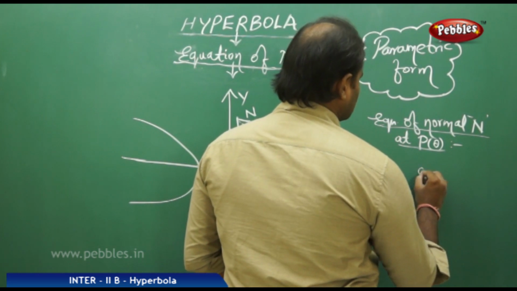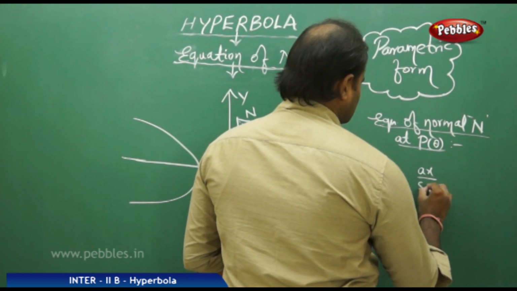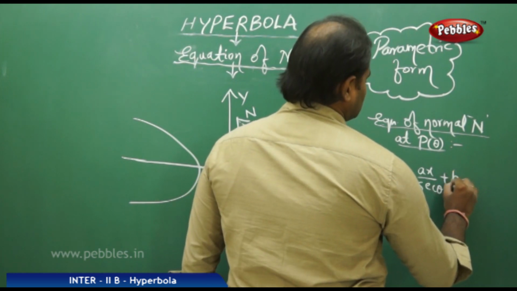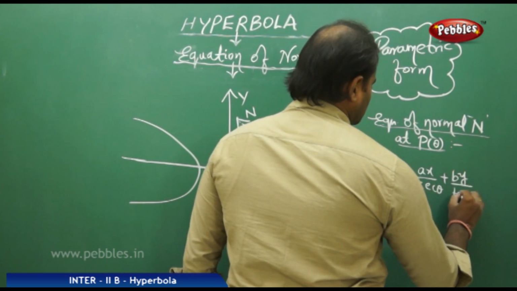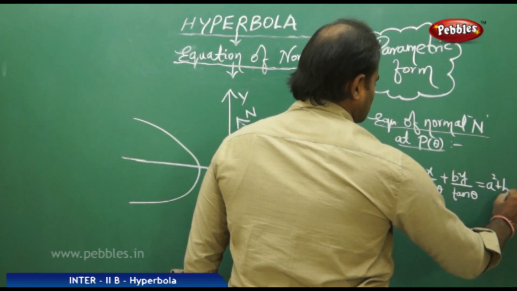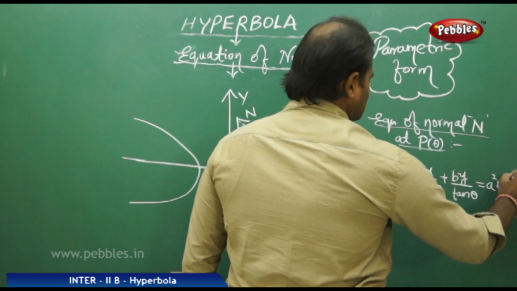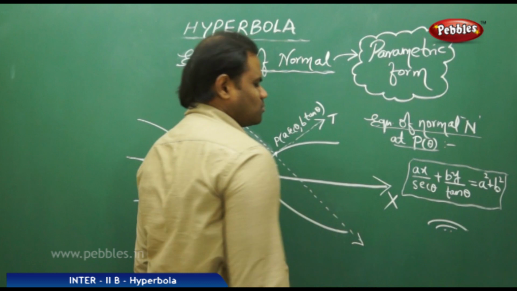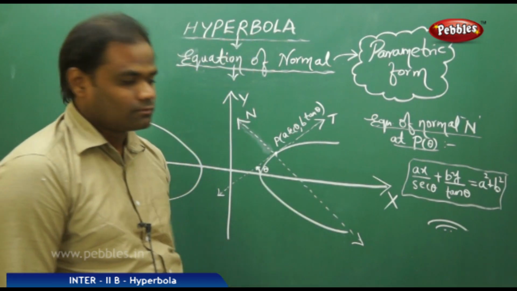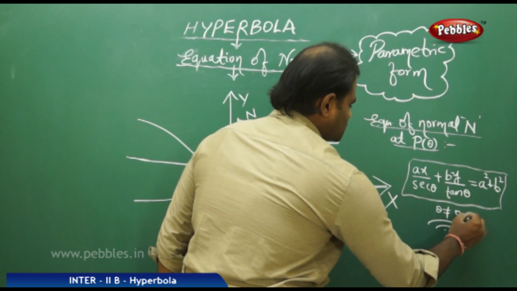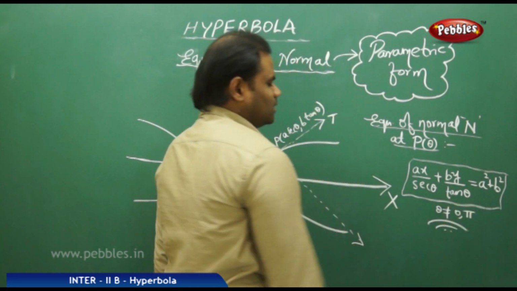ax by secant theta plus by by tan theta equals a square plus b square, and of course with the limitation that theta is not equal to 0 and pi, because if